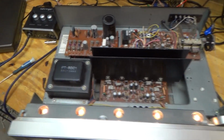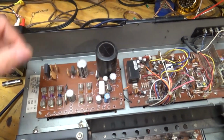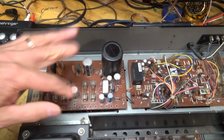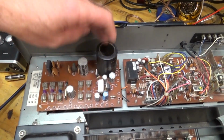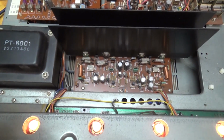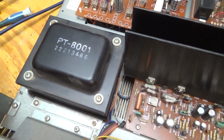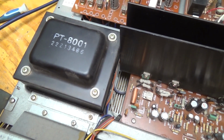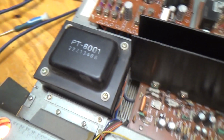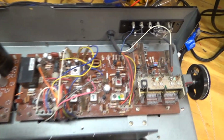So before we get too far, let's take a look at the stereo. I really like how it's put together. It seems well put together. Nice power fuses, power supply. Everything seems nice and simple and straightforward. There's our amplifier board. Look at the size of that transformer. This is a 25 watt per channel stereo, and that just seems like a really big transformer for that. There's our